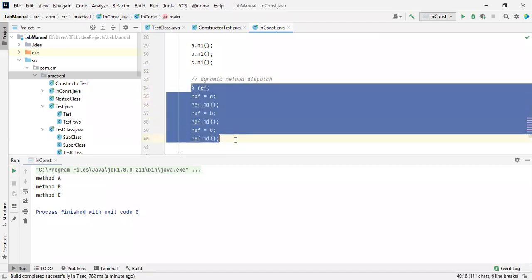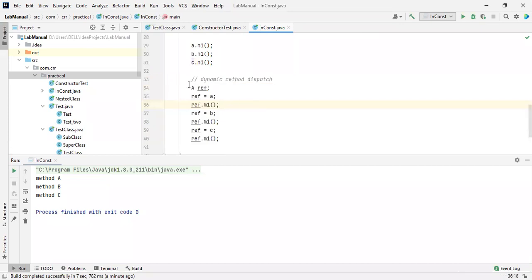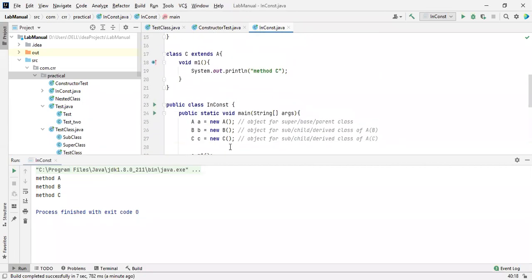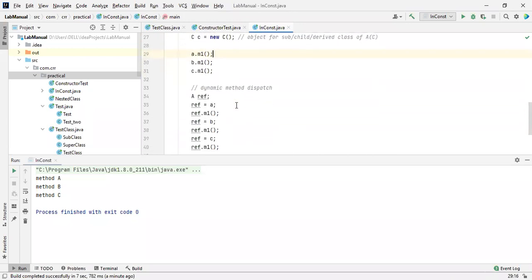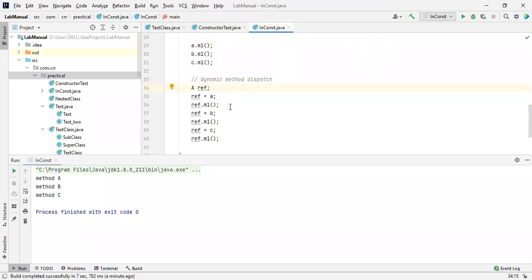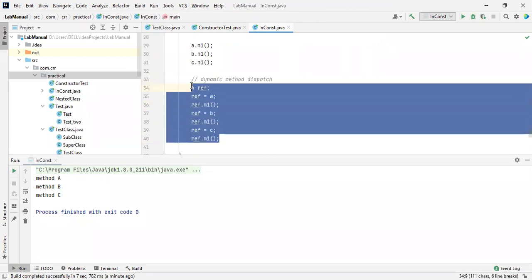This is the main reference. If you don't write this inside your program, it won't be considered dynamic method dispatch. Okay, this is the concept, a very easy concept, nothing else. This is the common thing we have learned till date. But if you want to use the concept of dynamic method dispatch, it works at the time of runtime polymorphism. This will happen at the time of runtime. All these things are changed at the time of runtime polymorphism.